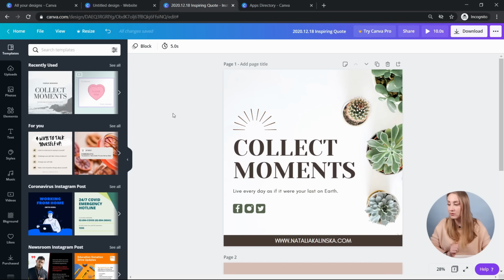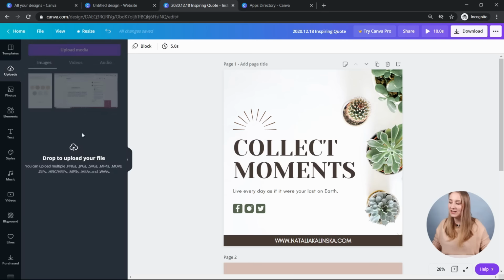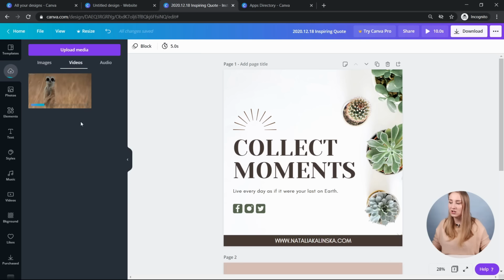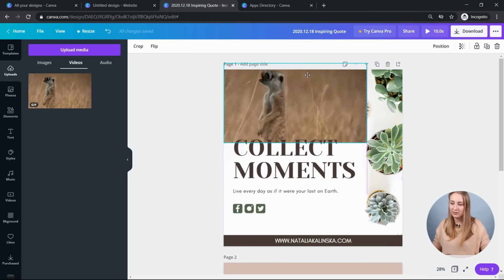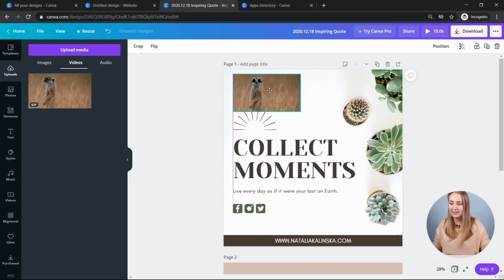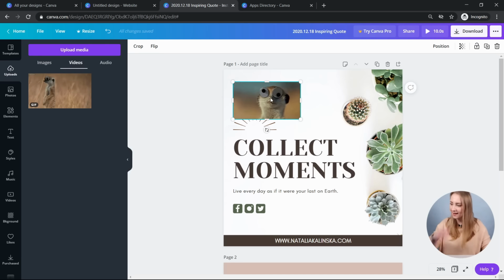Another thing that I want to show you is how to actually utilize your own graphics or upload something to Canva. So if I like something in particular, or if I've got a specific design that I want to utilize for this one, you can just drag it into Canva. When I drag it, you can see that it says drop to upload your file. And I've just uploaded this completely ridiculous GIF of a meerkat. And you can just click on it, and this is your GIF incorporated into that design. It doesn't really incorporate that well. Heck, I just wanted to show you what it looks like, right?